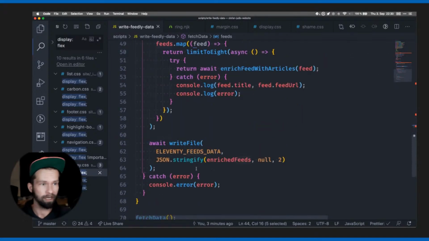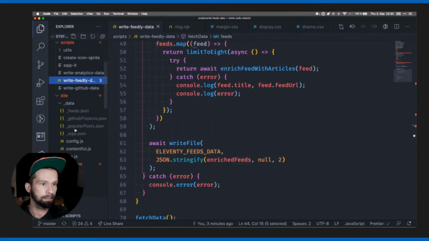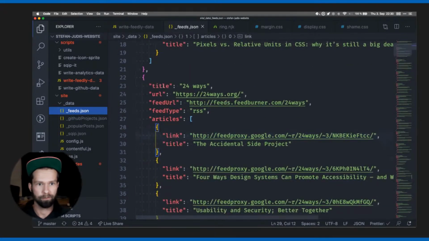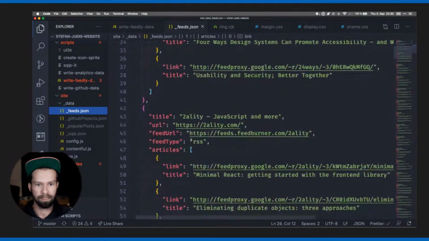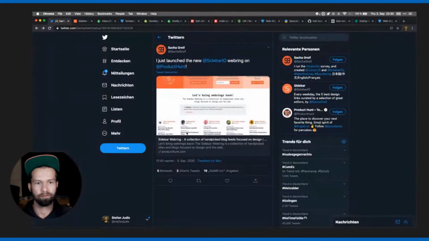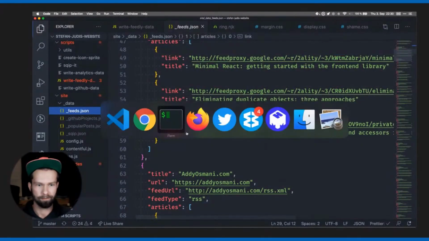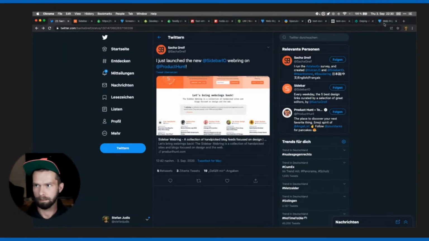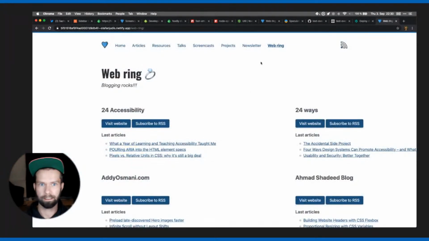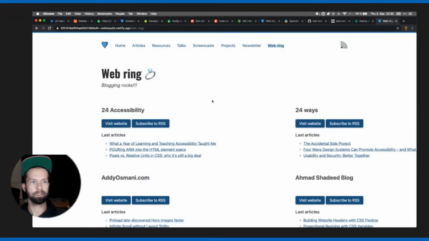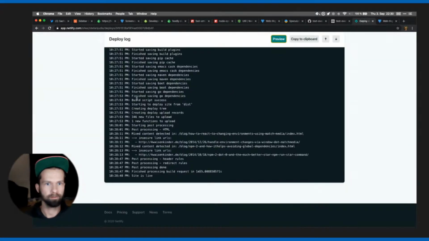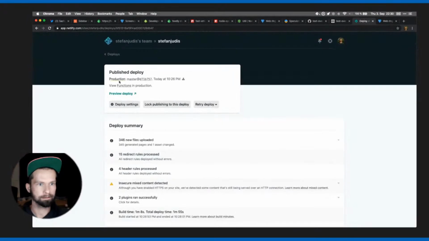Then we're writing that to disk inside of Netlify's data directory, which for me is _data. You see here that there's a feeds JSON, which includes the title, URL, the feed type and so on, but also always the last three articles. And then I rendered this out, and you see here that I added a quick webring, which hopefully when the next build runs,